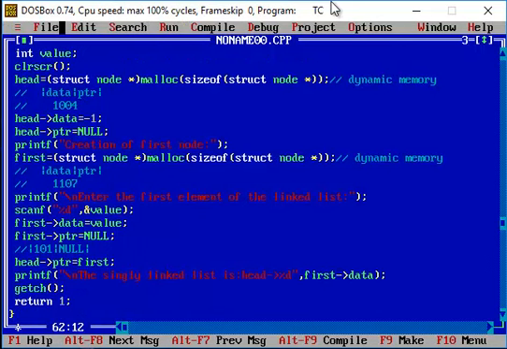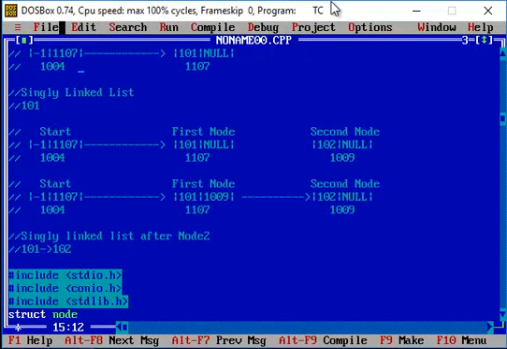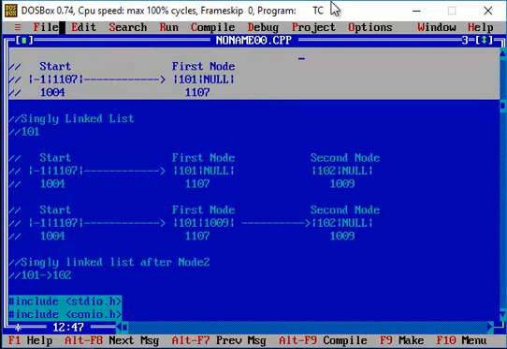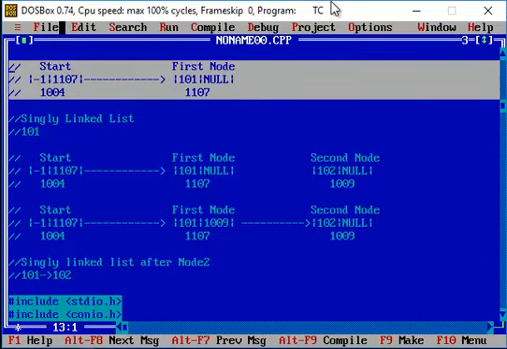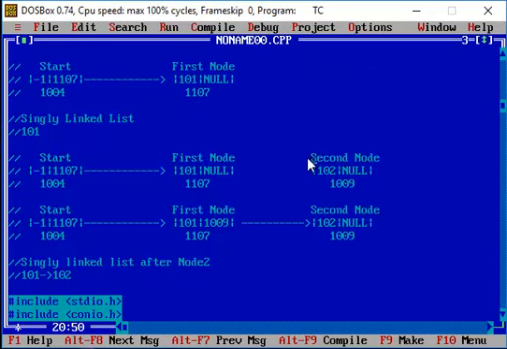Now moving on, we are supposed to see how you can create the further nodes. Next I'm going to create the second node, and this second node should be merged with the existing linked list. As of now my existing linked list is in such a way like this. Once I add the second node on top of this, my linked list should look in such a way that the first node, which earlier had the address field value as null, once the second node is created, the address of the second node should be updated in the address field of the first node. So that is what we are going to see now.